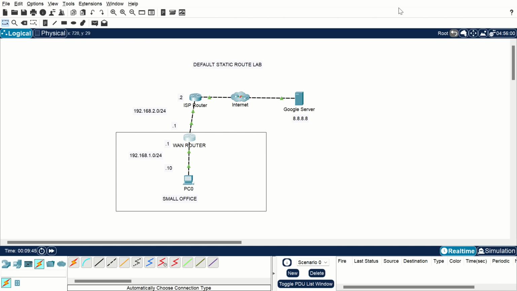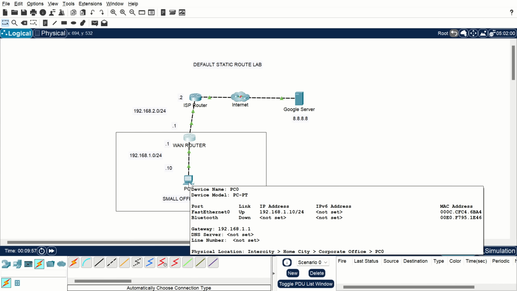So now we have to configure a default route such that any traffic coming to the WAN router is forwarded to the ISP router which is connected to the internet. So let's go ahead and hop on to the PC and try to see if we can ping